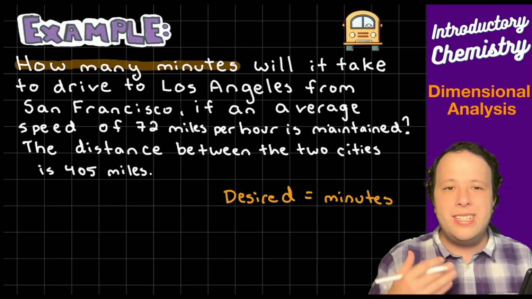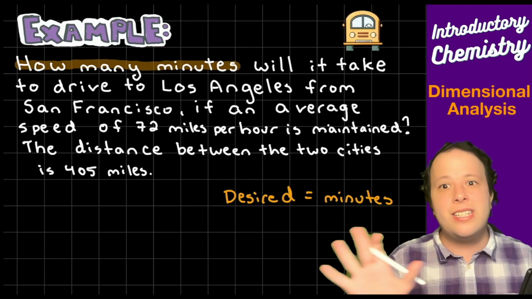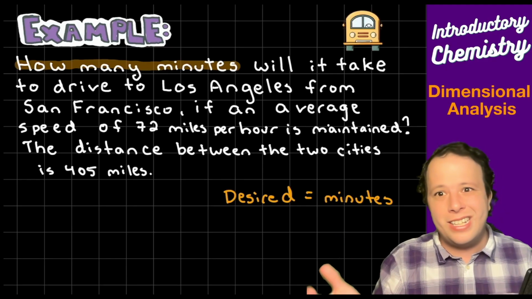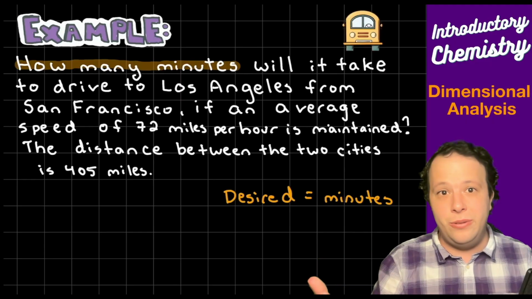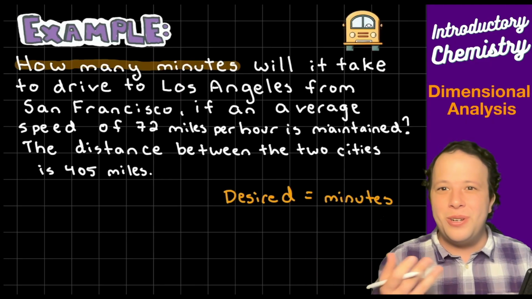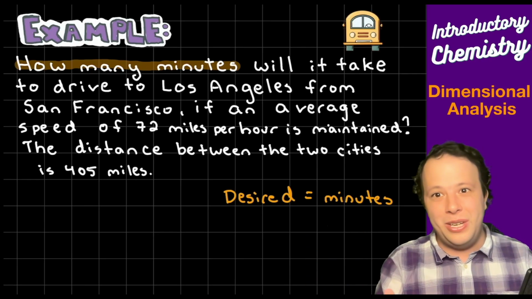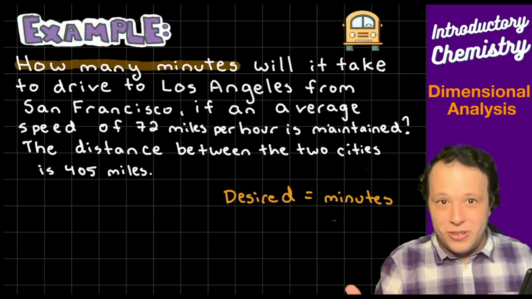All right, and it's asking from LA to San Francisco. That doesn't matter, right? That's just information. And a lot of these problems just give you information to distract you. That's something that's very common, especially in standardized tests. If you're a nursing student and you might have to take the TEAS test one day, very common. They might give you a different test that will distract you.